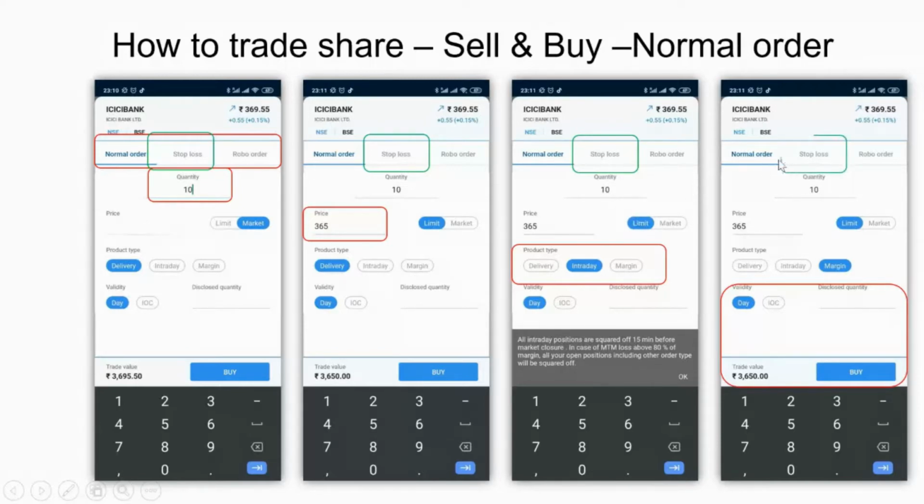Now let's watch and understand the second option in advanced trade, called stop loss order. Watch till the end of this video so that you will have a balanced trading experience with minimal losses. Before that, there are a few important points that I would like to share with you to understand the stock market